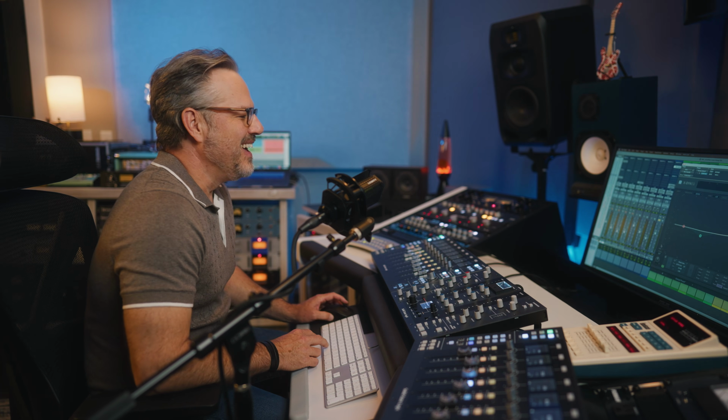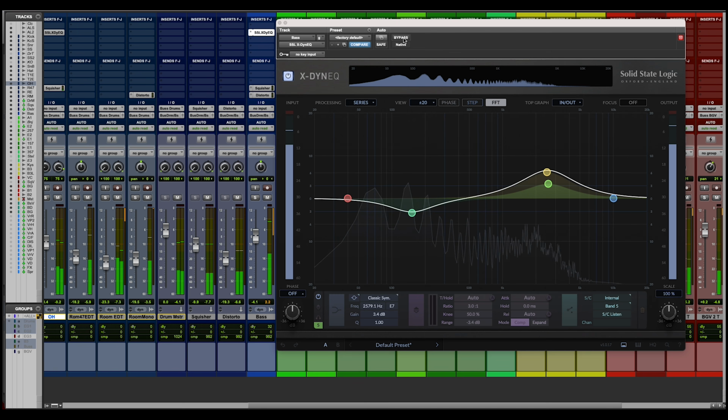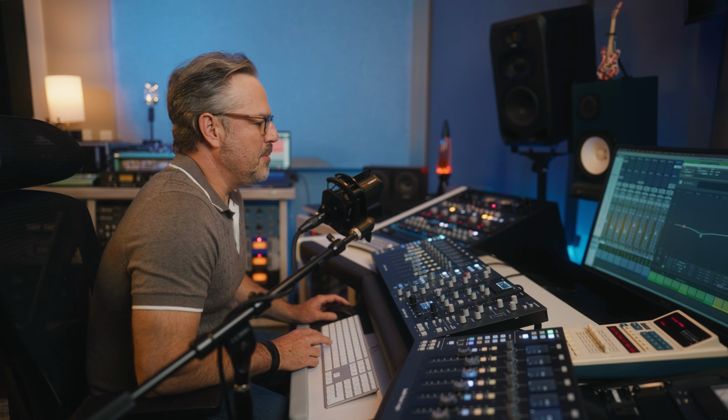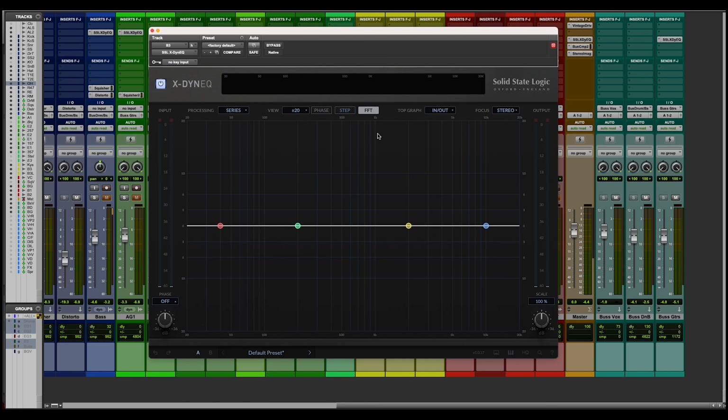Man, that is fun. That's a crazy tool. Let's listen to that in the track. Absolutely a beast. All right, another thing we haven't touched on yet is the fact that this thing has tilt